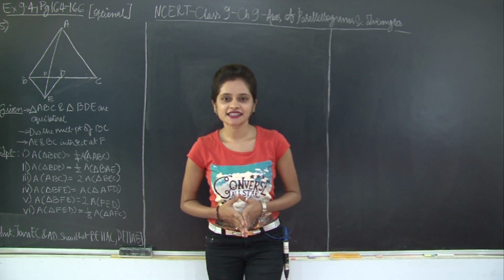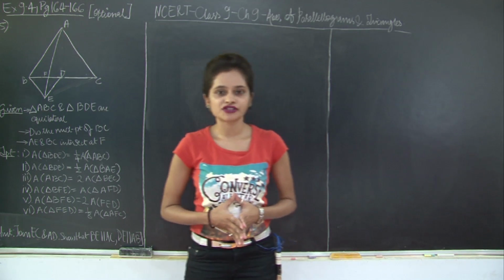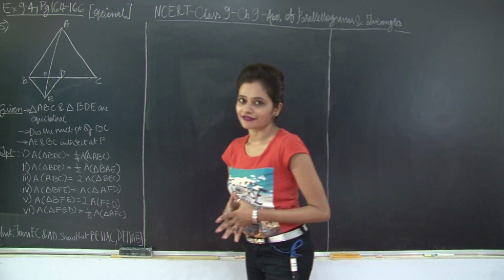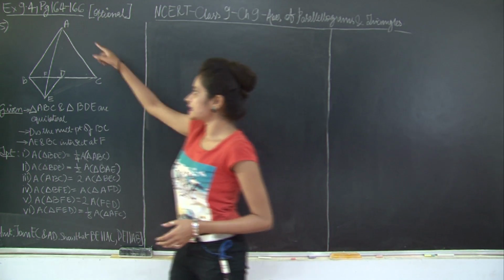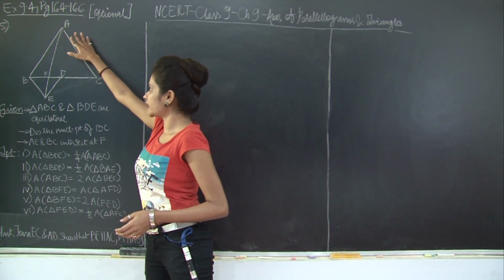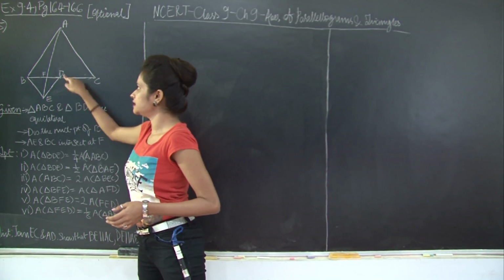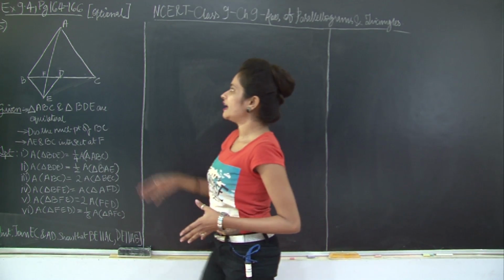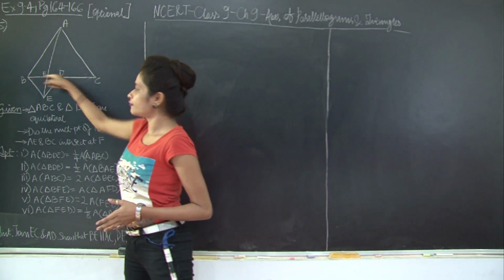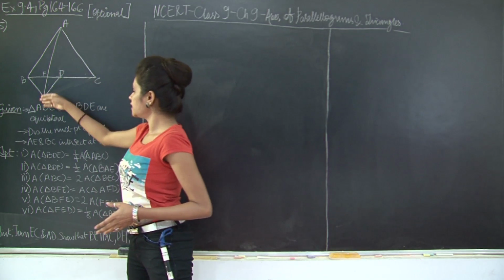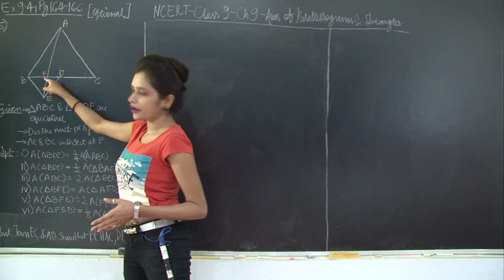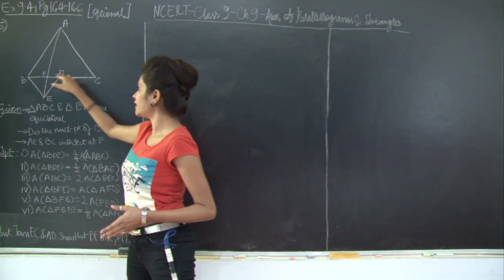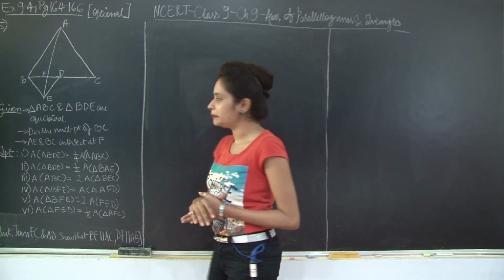Hello students, let us continue with exercise 9.4 of chapter 9, question number 5. It's been given that triangles ABC, this big triangle out here, and this small triangle BDE out here, both of them are equilateral triangles. We have D as the midpoint of BC, and AE and BC intersecting at point F such that points B, F, D and C lie on the same line BC.